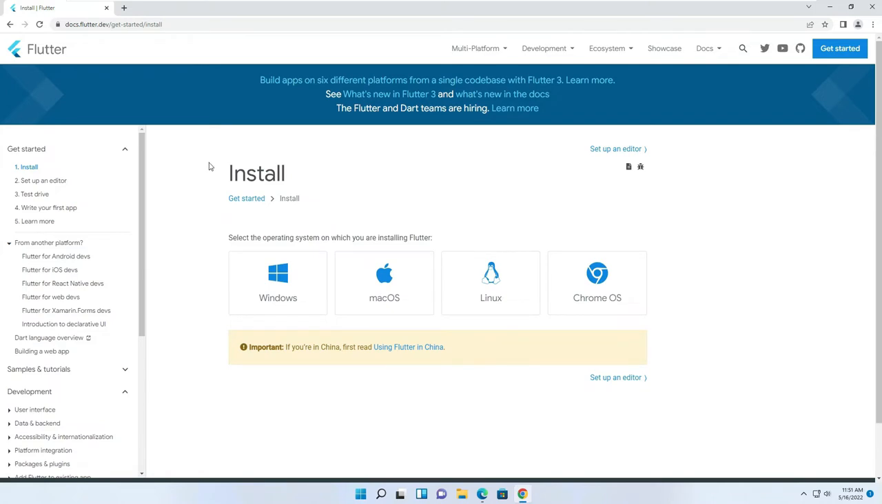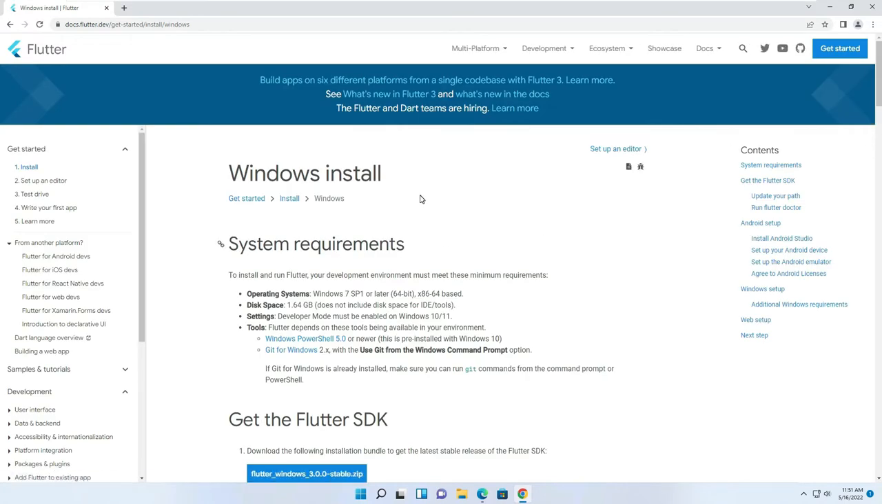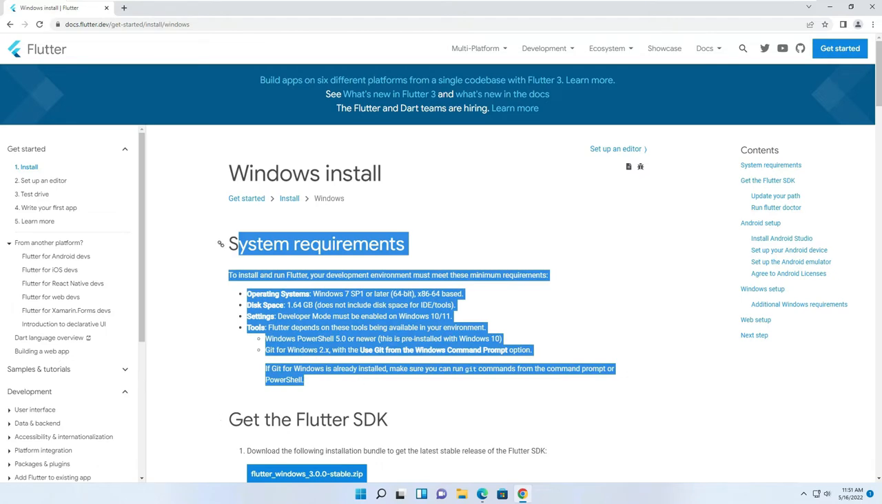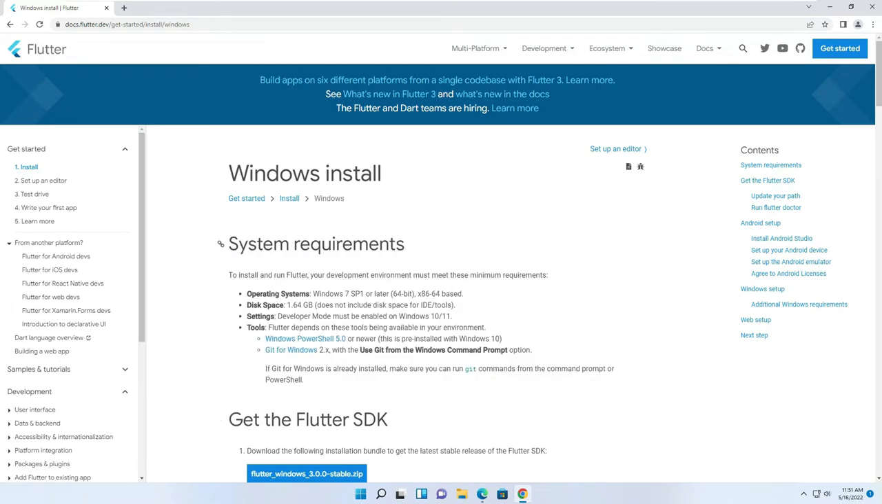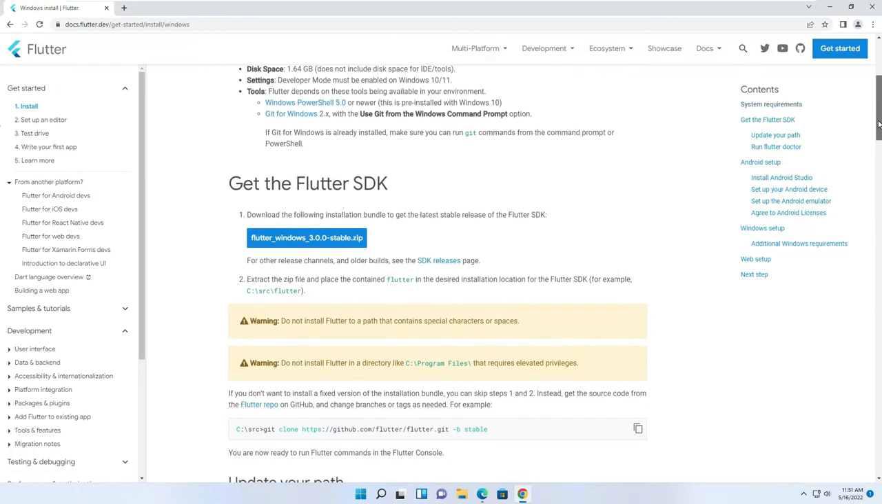and from here we can see the options for installation for Windows, Mac OS, Linux or Chrome OS. Because we are going to install on Windows, click on Windows, and from here you can verify the system requirements and check your PC. For the moment we are okay with these requirements, so scroll down and see the Flutter Windows 3.0 stable zip. Always make sure that you download the stable version of the Flutter SDK. Click on this button